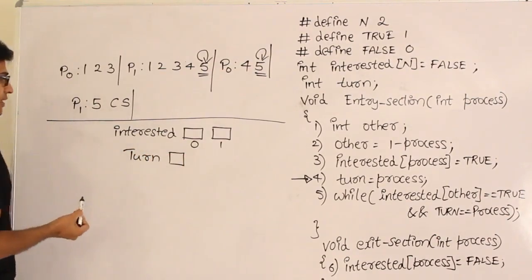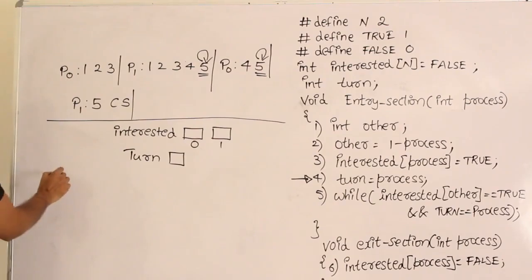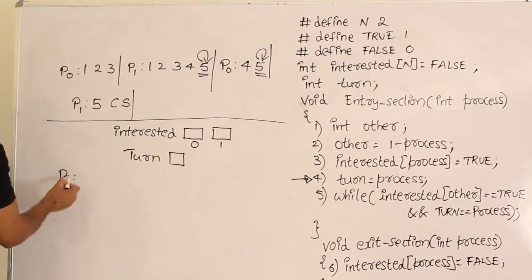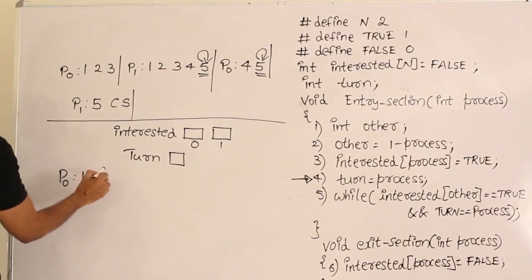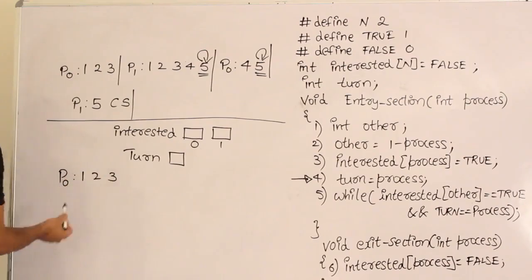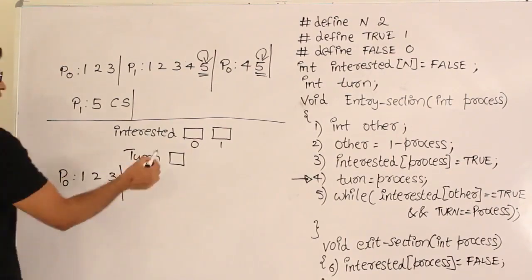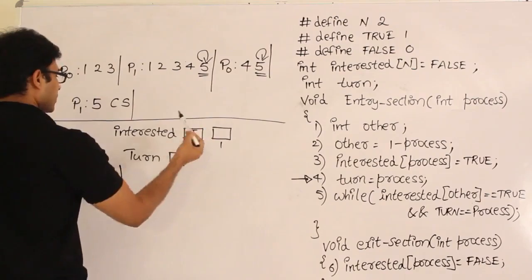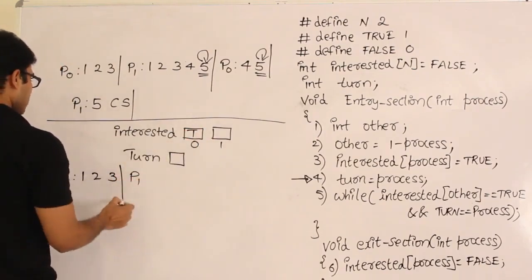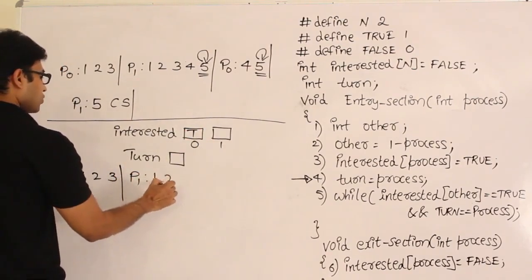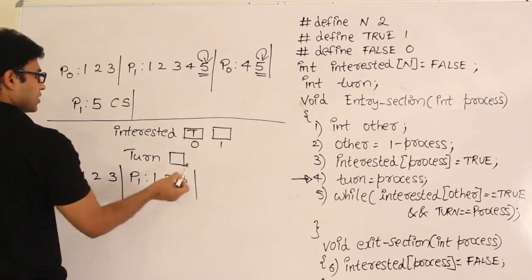These are the two variables I have. Now what I am going to do is P0 is going to execute lines 1, 2 and 3. So what happens? P0 has executed the third line, which means it is showing that it is interested, true. And again P1 has executed, let us say, lines 1, 2 and 3, which means P1 is also showing that